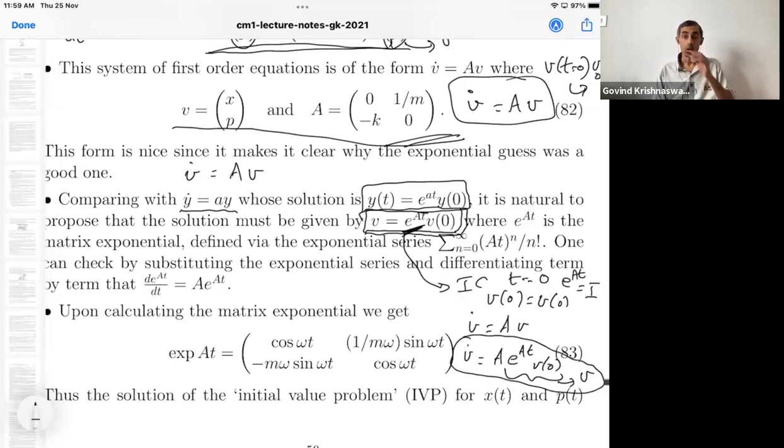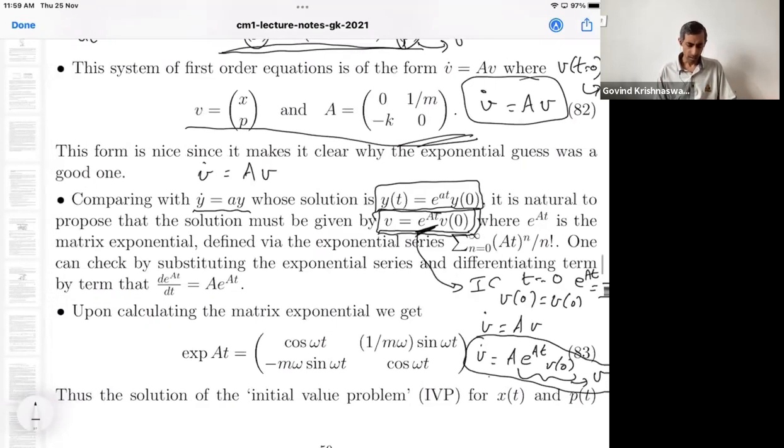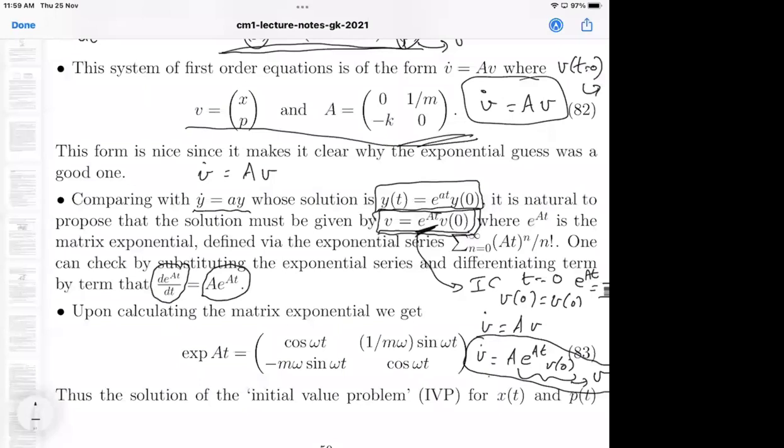Okay. So modulo our ability to differentiate the exponential of a matrix, this does satisfy the desired equation. Now all it remains to check is that the derivative of e to the power of AT, where A is a matrix, is indeed given by A times e to the power of AT. Are you with me so far? Yes, sir. Okay, so that is all there is to be checked.